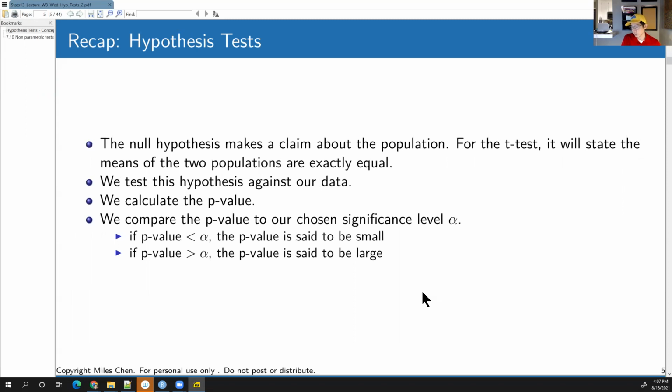All right, and so just to recap everything, the null hypothesis makes a claim about the population. We test this hypothesis against our data. We go through the steps to calculate our p-value, and then ultimately we compare the p-value to our significance level alpha. If the p-value ends up being less than alpha, then we say the p-value is small, and that leads us to reject the null hypothesis. And if the p-value is greater than alpha, then we say the p-value is large, and we will not reject